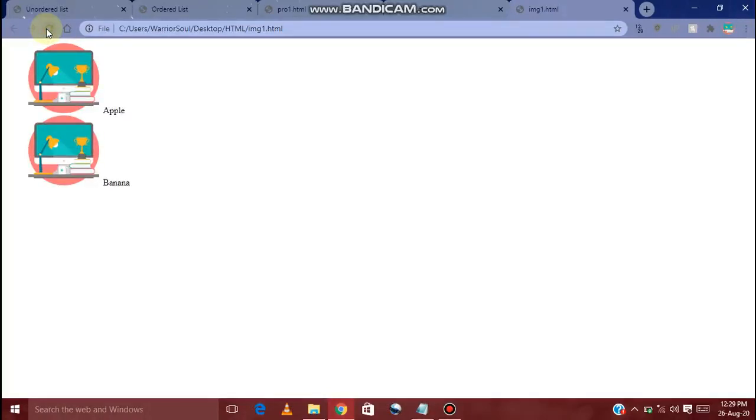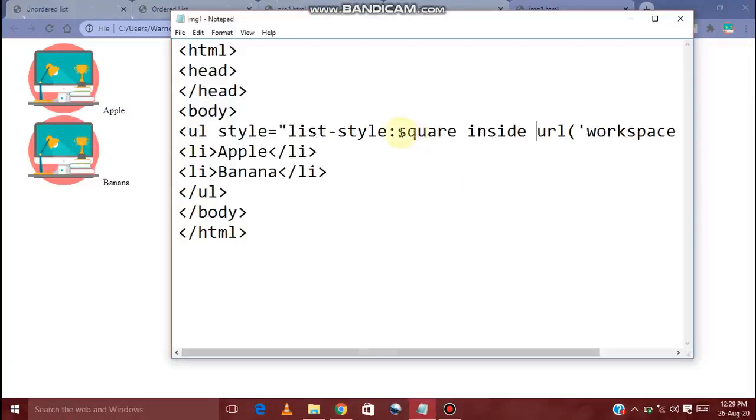This is how you can fix it if the image is not coming properly. What we did was write square inside, so the image is going to come inside a square. There is an imaginary square box here, and then your list item is going to appear. This is how you can apply an image to your unordered list.